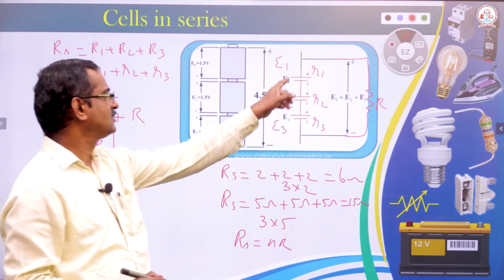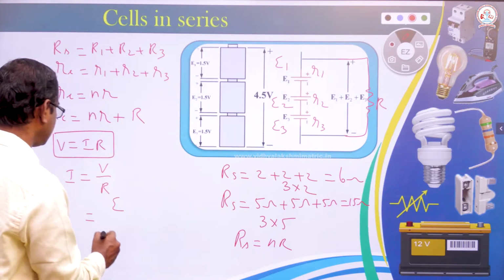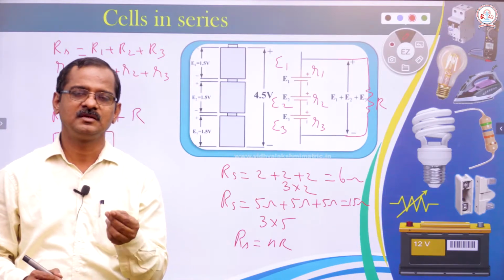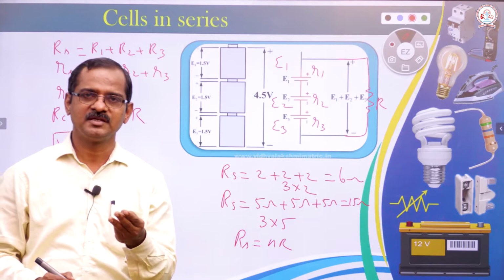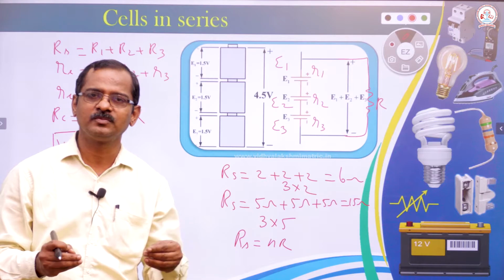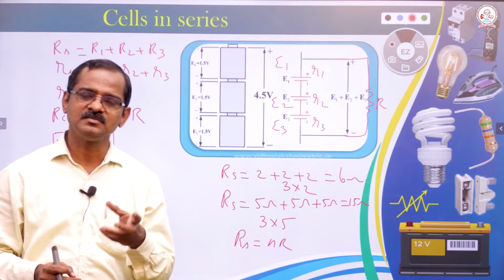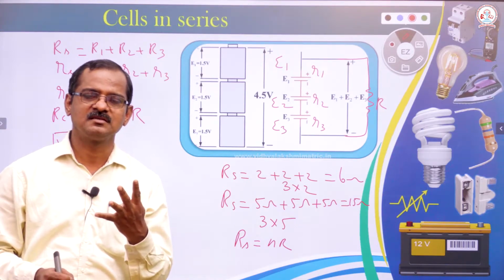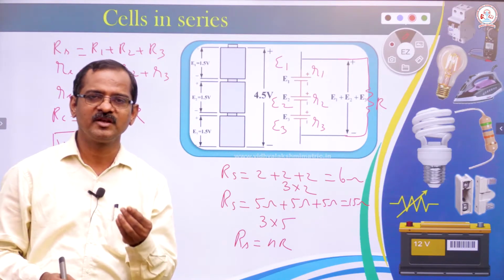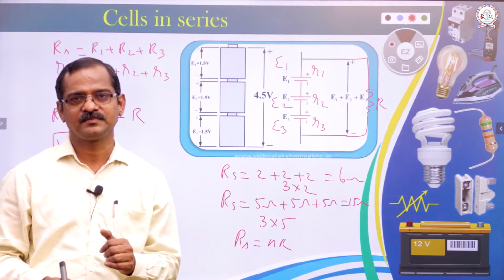For epsilon also, if the EMFs are equal, we can simply write that it is equal to n into epsilon. For a TV remote, we need 3 volts. We have 1.5 volt cells, and when we connect them in series, we get 1.5 plus 1.5, 3 volts. In some toy cars or toys, we place 4 cells, which is equal to 6 volts, where each cell has 1.5 volts. We connect all the 4 cells in series, then we get 6 volts.